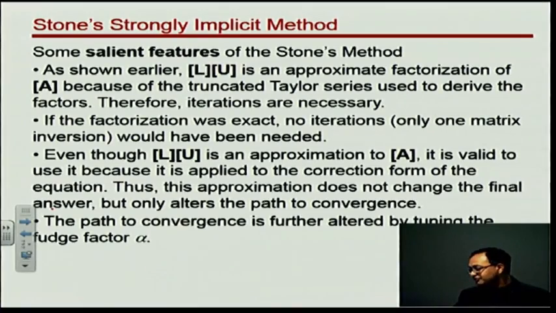This alpha, this fudge factor, as I said, is used to alter the path to convergence. If that Taylor series expansion was 100% accurate, you wouldn't need any kind of fudge factor. You would just plug that in, and you would get basically the solution in one iteration. But unfortunately, we can't use the higher order terms in the Taylor series expansion. So that's why you have to iterate, and he used this factor alpha to tune the whole thing. Okay. So what